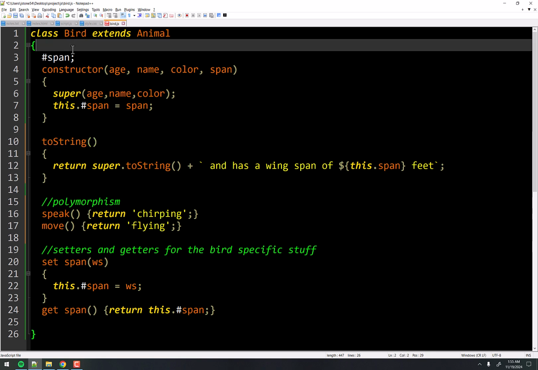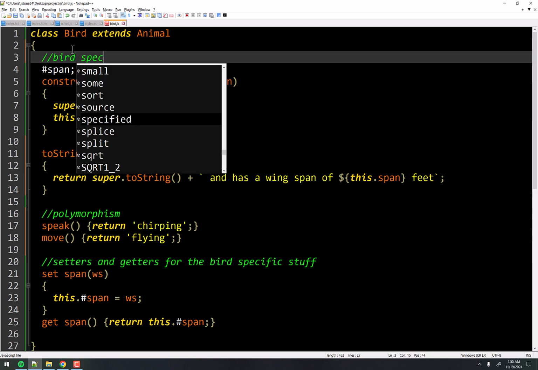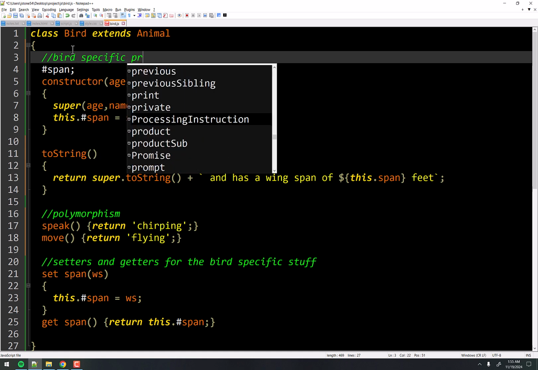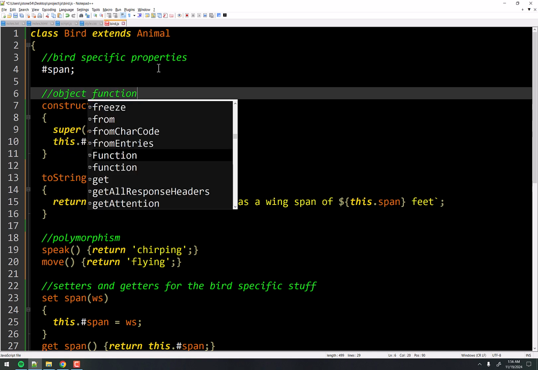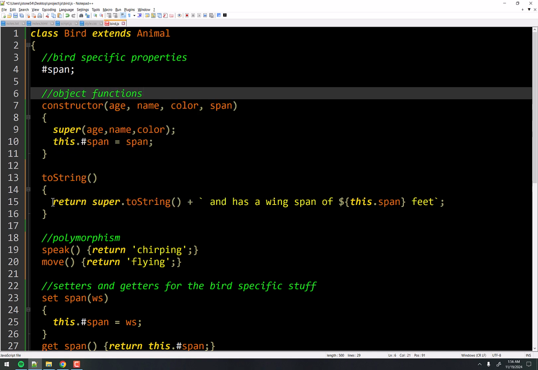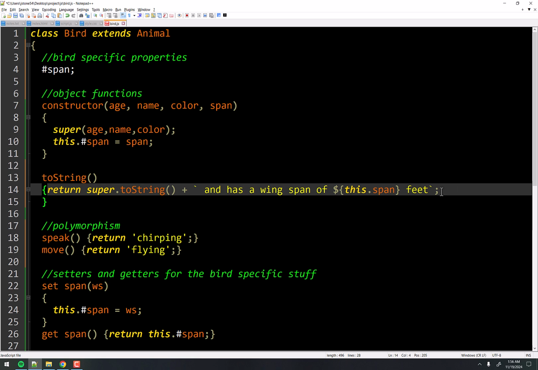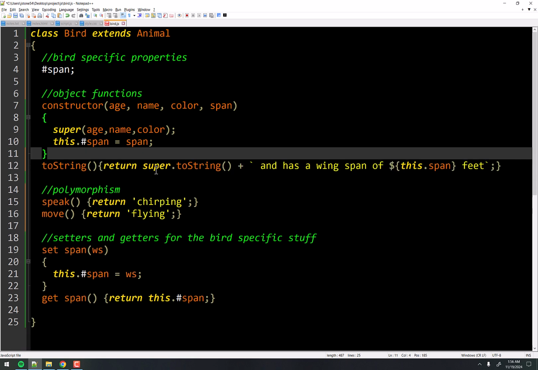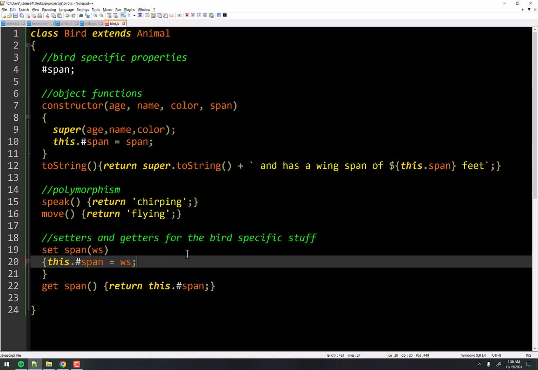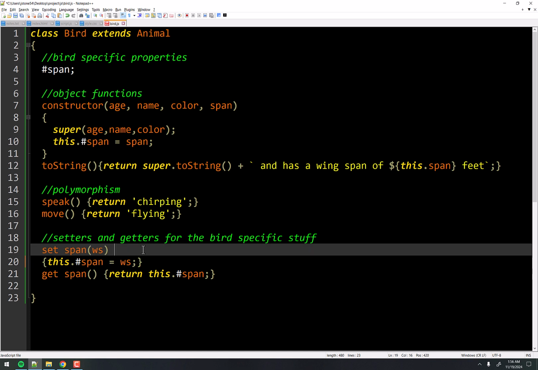And then this is our bird specific properties. Okay, and these are like we'll just call them object functions or something like that. I don't know. And I'm going to include the toString method with that and put that all on one line there just to make it nice and annoying for people who don't like that style, right? Same thing with this. I prefer this style of code when it's this small, right? Okay, so this is the bird class.